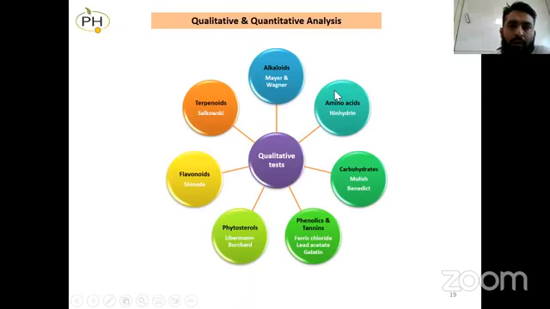Now, after extraction, the next step is to check whether whatever you are targeting is present or not. Suppose you are targeting flavonoids, and you have an extract but you don't know anything about the plant. So you can perform this test. These tests are qualitative. You can know the presence or absence of phytochemical groups such as flavonoids, terpenoids, alkaloids. You can find this test in